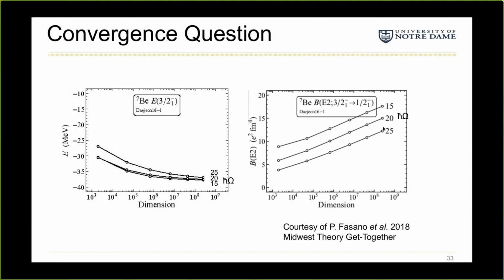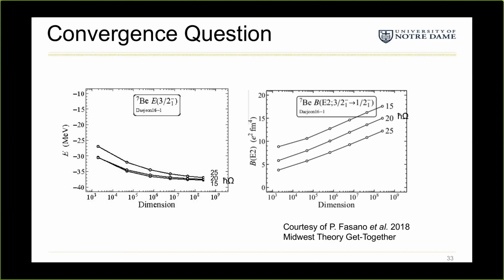And as you increase in dimension, there isn't any sort of tapering off in these calculations. They just keep wanting to go up, which means it's basically impossible to know when these calculations will stop. Certainly at the highest N max that can be calculated, they haven't converged yet. So this was a problem. This was very disappointing initially, but our theory collaborators came up with a solution that helped this convergence